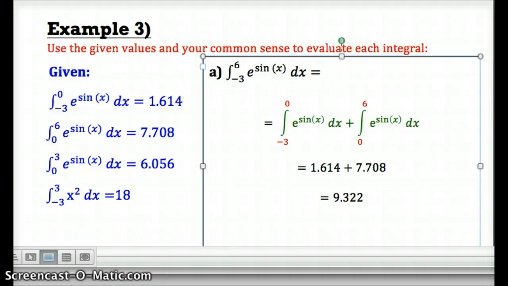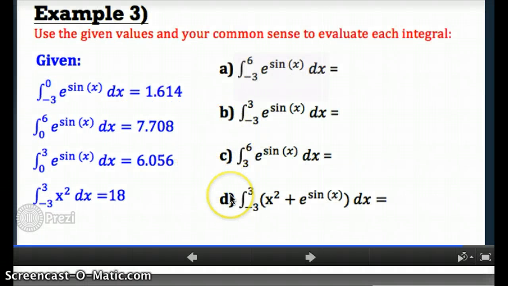Since we're out of time, you should work on B, C, and D using the same strategies, and in the next video I'll pick up with the explanation of those and one more